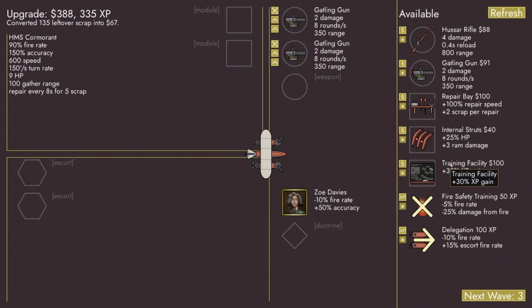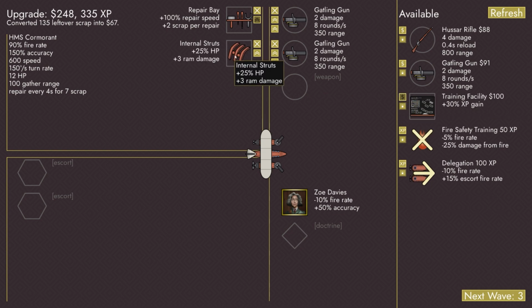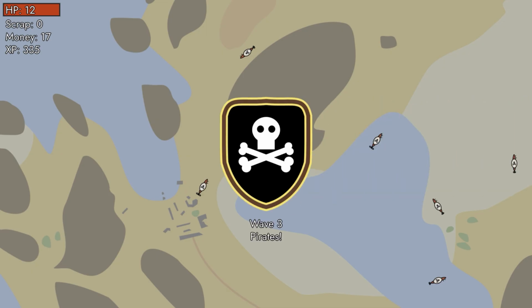I don't want a 3 Gatling gun build. Internal struts is extra HP. I'm going to go with repair bit, and indeed the extra struts, just to get a little bit more HP on that. Give us just an additional safety buffer. We've got enough money here to upgrade the Gatling gun. We can either go with water cool, which is continuous fire, or heavy Gatling gun. I'm going to go with heavy Gatling gun because I feel that that is where we need to be, and